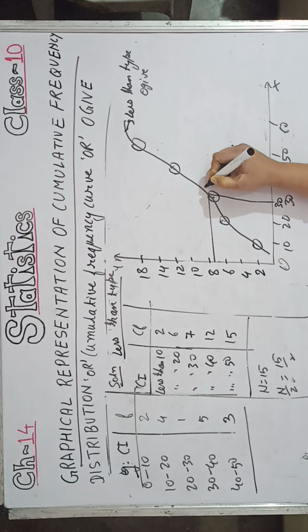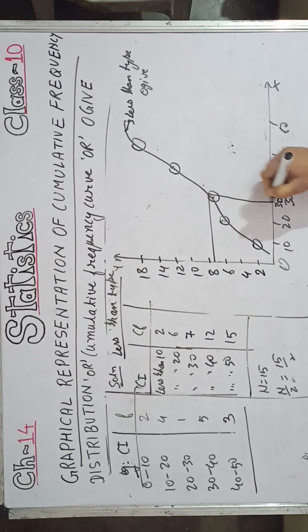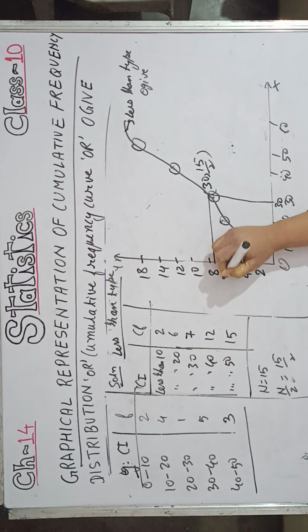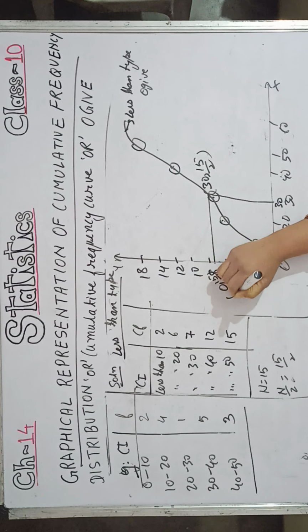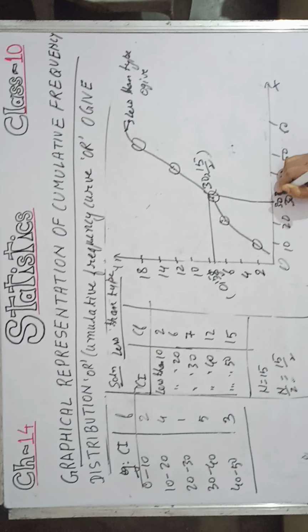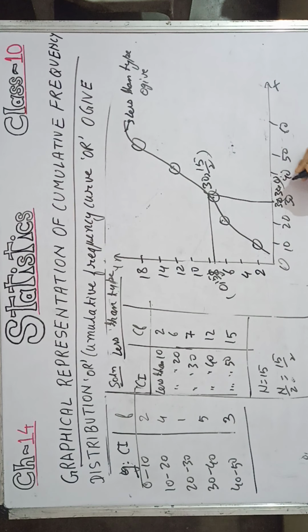So over here, the point was 30, actually 30 comma 15 by 2. This point is 0 comma 15 by 2, and this point is 30 comma 0. So the median value is, this one is M, this one is P. So the median equals 30. Graphically, I am doing it roughly, children. If you really want to do such a sum, you can take an example from the book and find the median graphically. So this is the less than ogive.